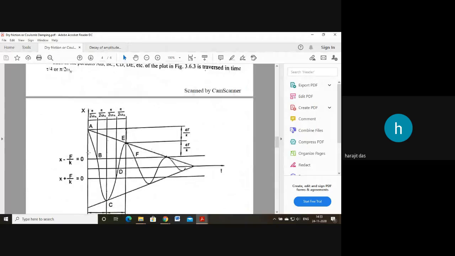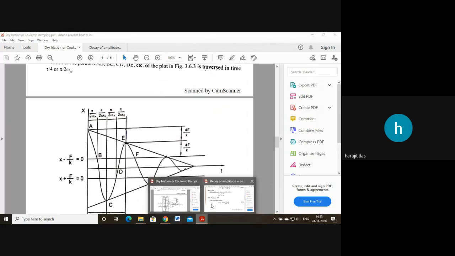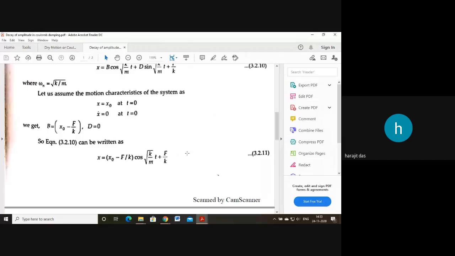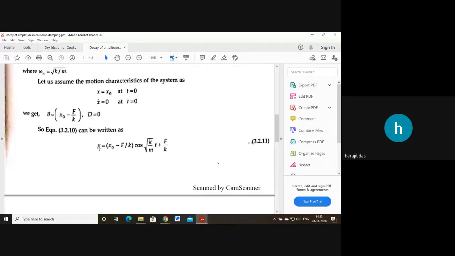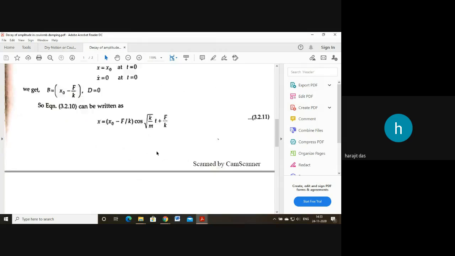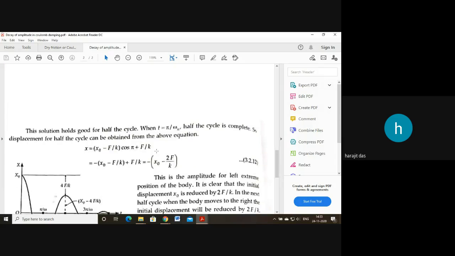This is the vertical amplitude. Okay, this is the amplitude. For this diagram, it is vertical. So this is nothing but the amplitude. Okay, expression of amplitude. So for half cycle, if you want to calculate the amplitude,